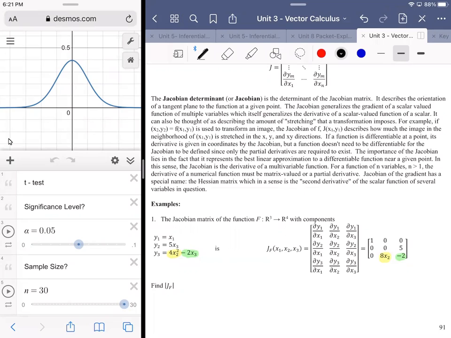The reason you're allowed to do that: if you were solving the system of equations x plus y equals 1, x minus y equals 1, something very basic, who cares if you write it like this